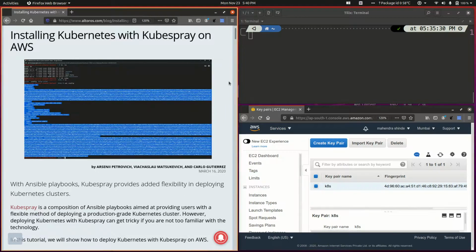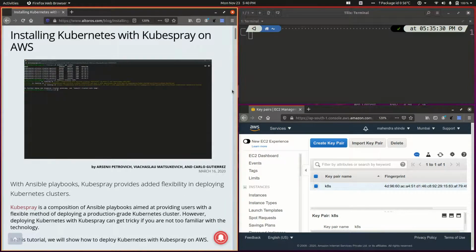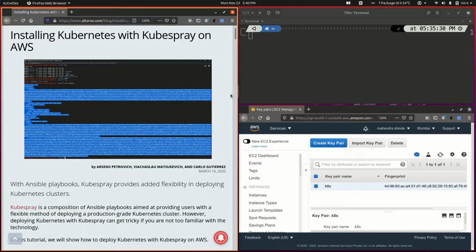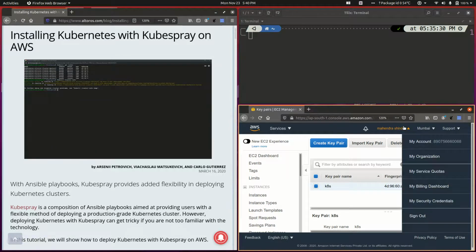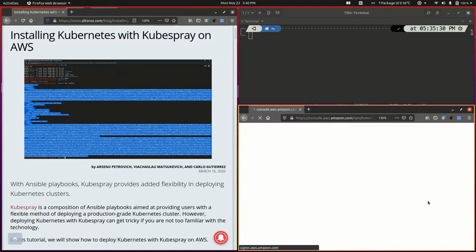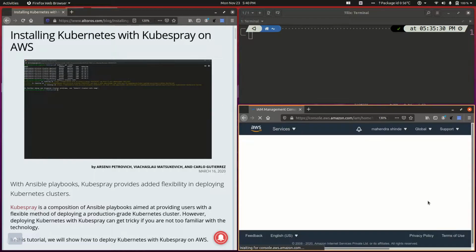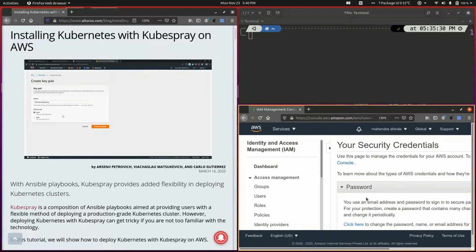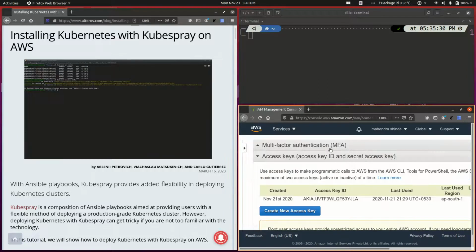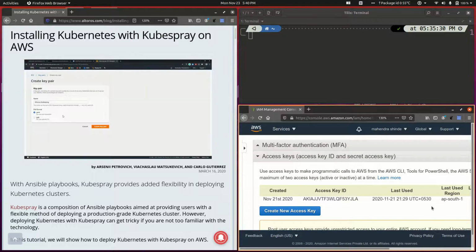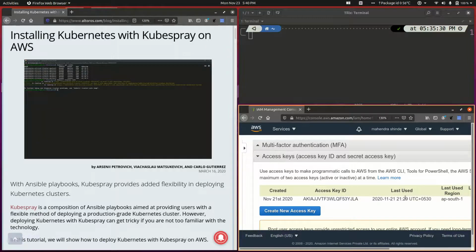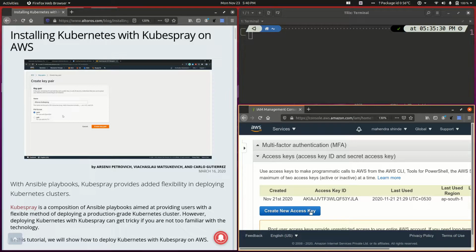In order to do this bootstrapping process, Terraform requires API-level access to your AWS subscription. To grant that, head over to your AWS console, click on your username and then go to My Security Credentials. Here you will have to generate the security credentials for API access. I'll go to the access key section here. Last time I already generated those access keys. You can see the last access keys that I generated over here. Either you use your existing access keys or you can create a new set of access keys.